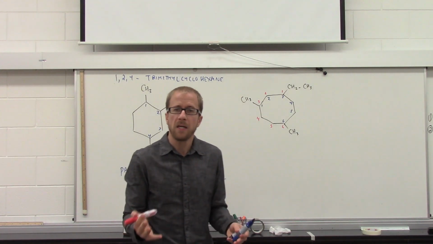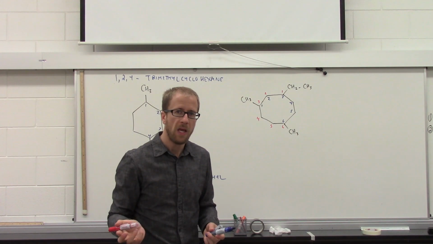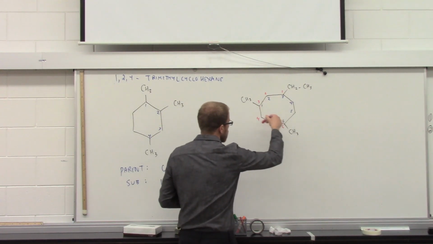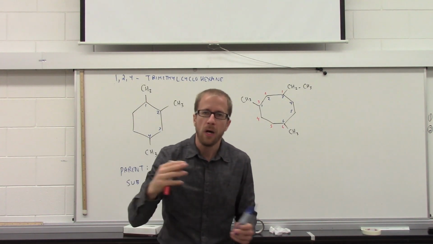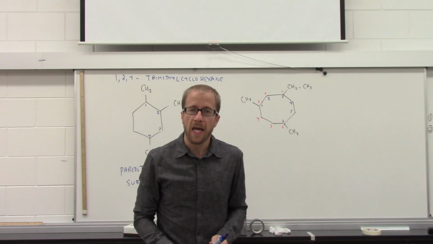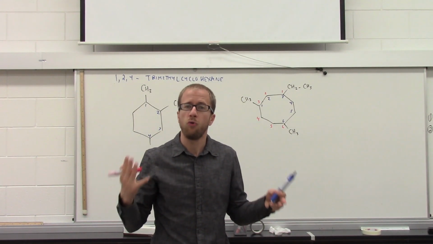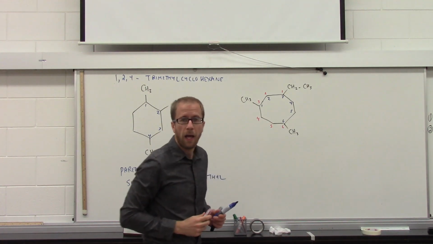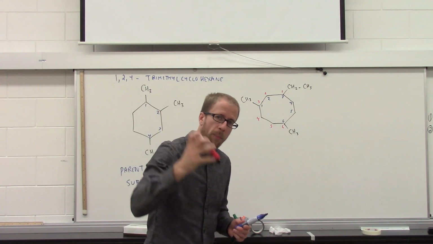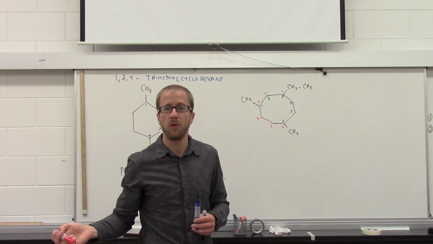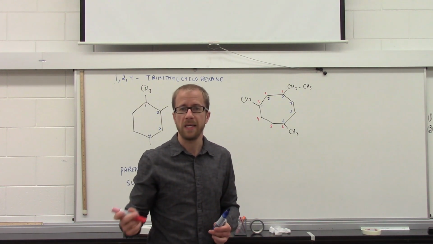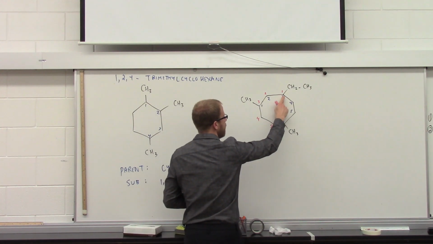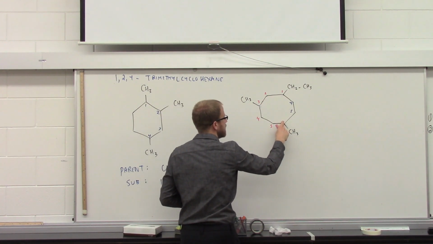So in a situation like this, what is the correct way to label it? So in this situation, believe it or not, the red numbering here is correct. We default to alphabetical order. So if there is ever contestation between two different labels, you must use the alphabetical order to determine. So apply the lowest numbers possible to those substituent groups in alphabetical order. Because ethyl comes before methyl, the red numbers here are correct because that gives it